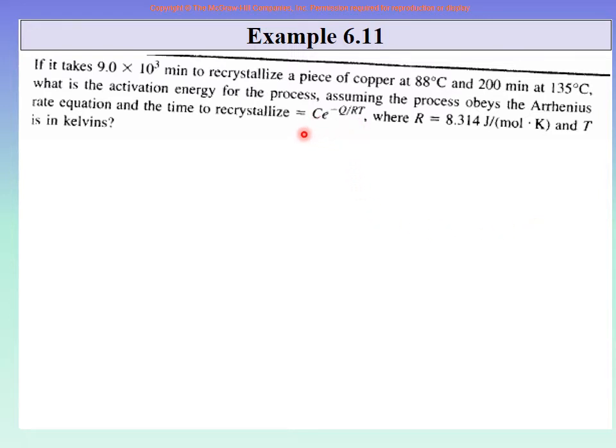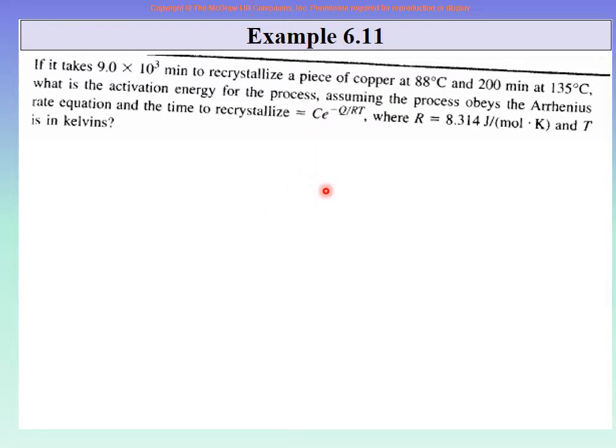For example, if you divide the first equation by the second equation, the C upon C will cancel out, isn't it? There is equation 1 for 9000 minutes, there is equation 2 for 200 minutes. Now if you divide equation 1 upon equation 2, this C and that C will cancel out, and you will be remaining with only one Q, isn't it? And then you can solve for that.